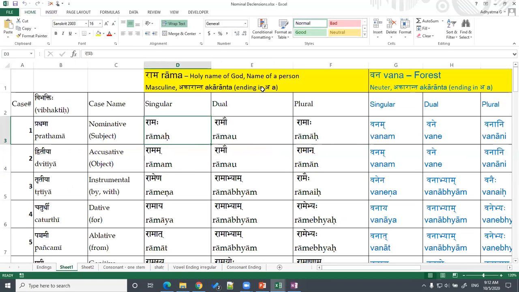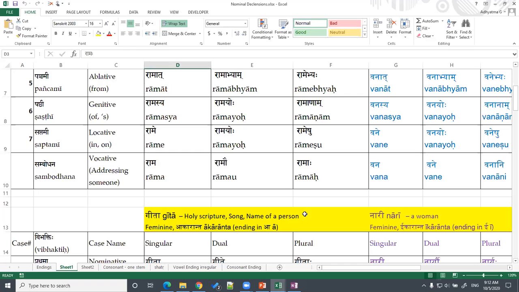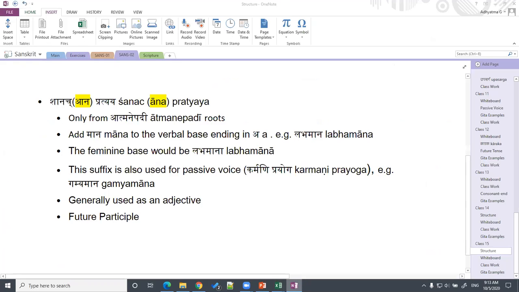So ending in akara, exactly like the same, the declensions will go. So that makes it very, very easy for you to decline these participles, because the base is akaranta, ending in akara. The feminine base would be akaranta. All you have to do is, instead of akara, you add akara. So it becomes